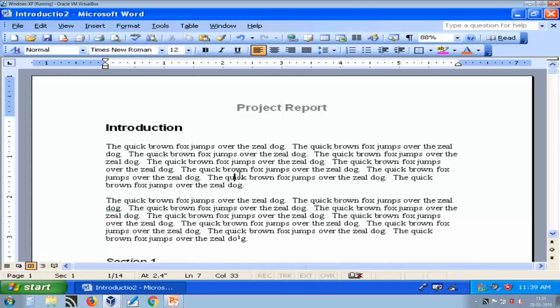So, friends, let us conclude this session. In this lecture, we have learned how to find and replace a particular word with another word. So, you can quickly find and replace a word with many options, like whether you want to search an entire word, whether you want to use case sensitive search, and so on. So, you can quickly find and replace a particular word with another word in Microsoft Word.